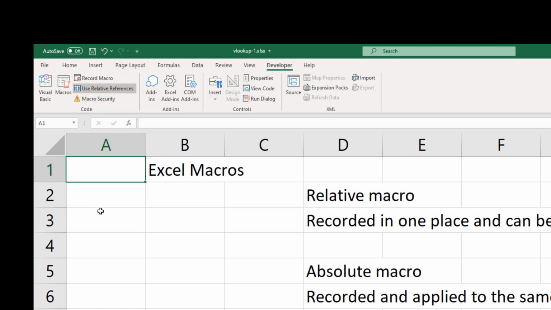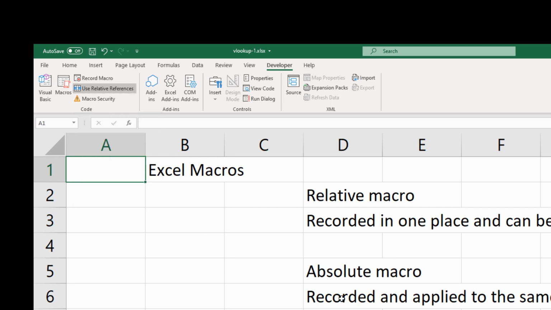When I click on that, it becomes darker, so the gray area becomes visible. If I click again, I'm now going back to absolute macro. So make sure that you click once, and once you have clicked, make sure that the color has changed from the previous gray to a darker gray or to some sort of green color. In different Excel versions, the color might be different.